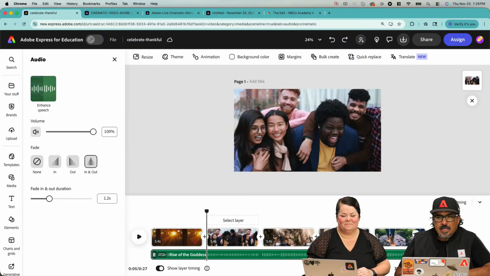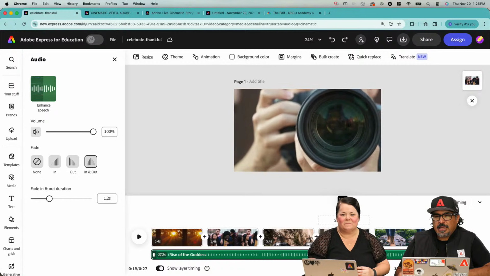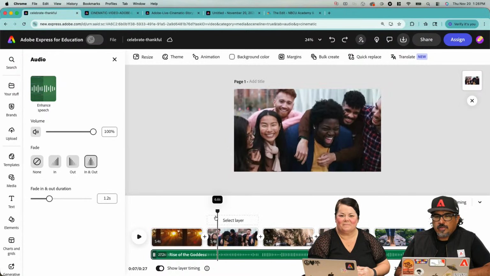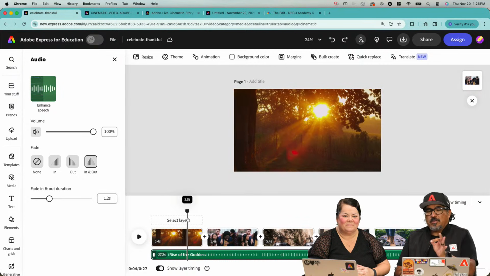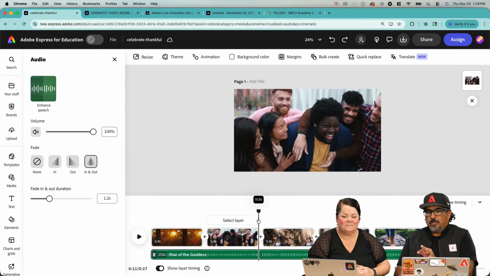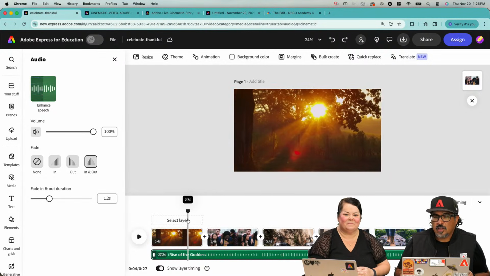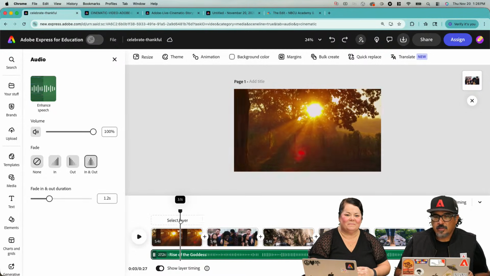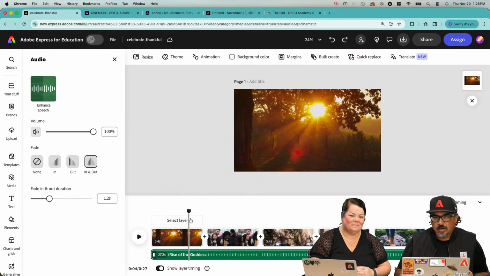Now, let's talk about some visual enhancements to these projects. So if I scroll, I'm going to scrub through. You see, looking through, these are great, but they somewhat don't seem to match. Maybe I didn't shoot them with the same camera. Probably they weren't shot with the same camera. But I want to have a consistent look to my project. So the first one, this is like golden hour in the morning. So what I could do is